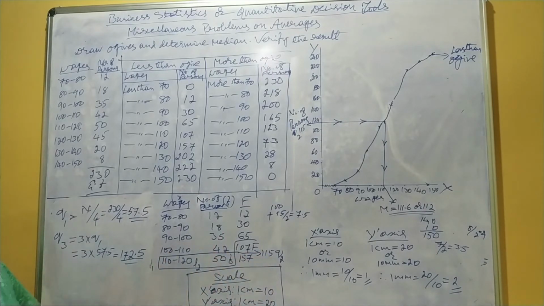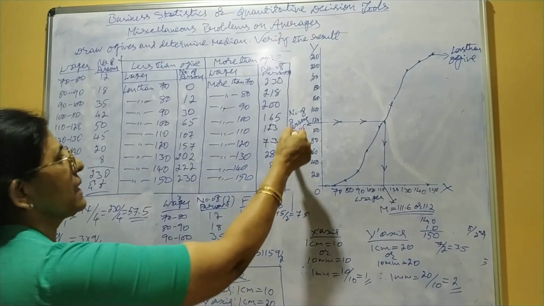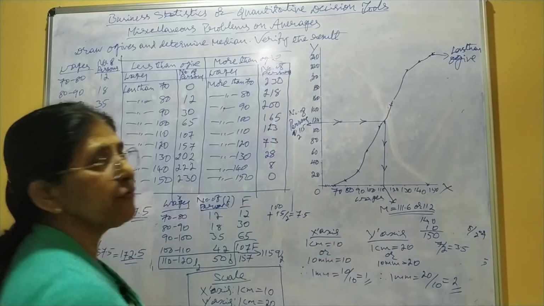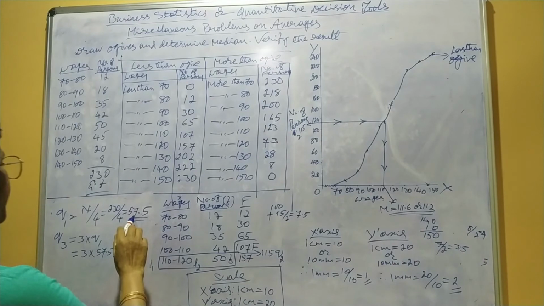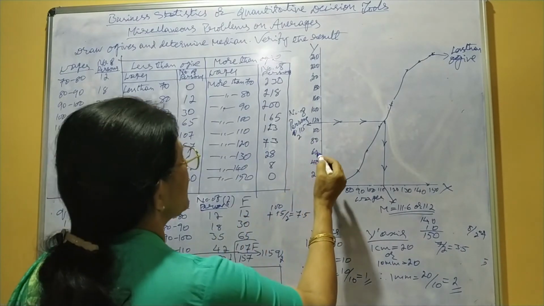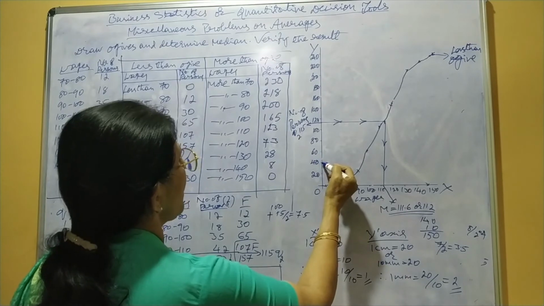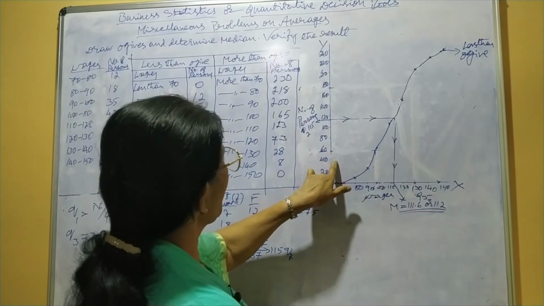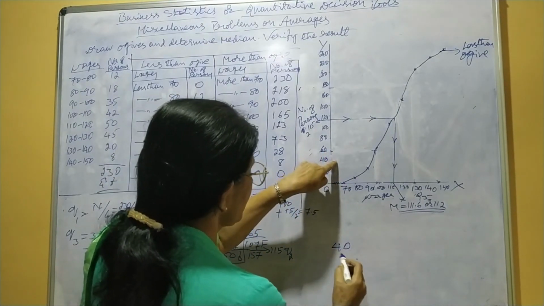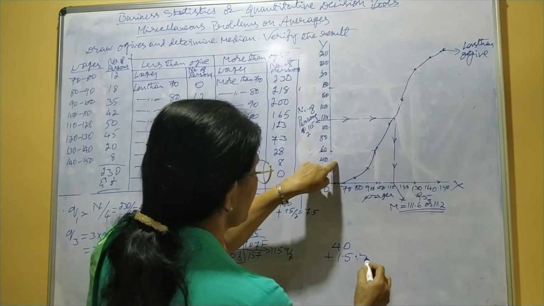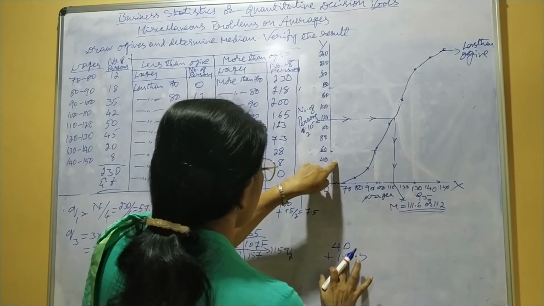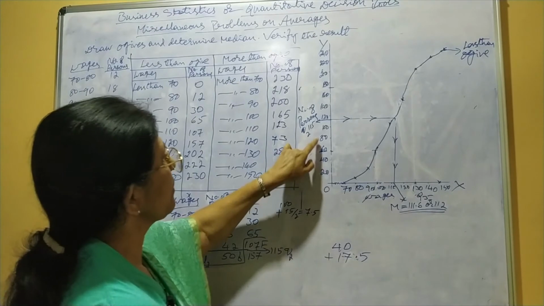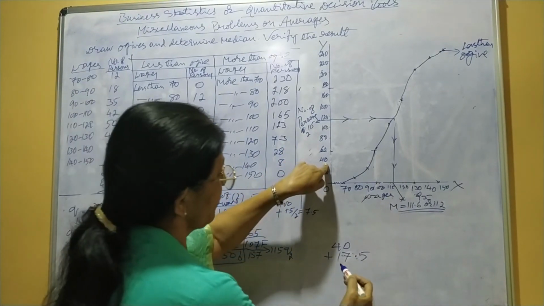Okay. Now what we have to do is, like locating Q2, we have to locate Q1 and Q3 in the cumulative frequency column. Q1 is 57.5. 57.5 means here it is 40, here it is 60. Here we are having 40. 57.5 means 40 plus 17.5. 57.5 means here we are having 40 plus 17.5.